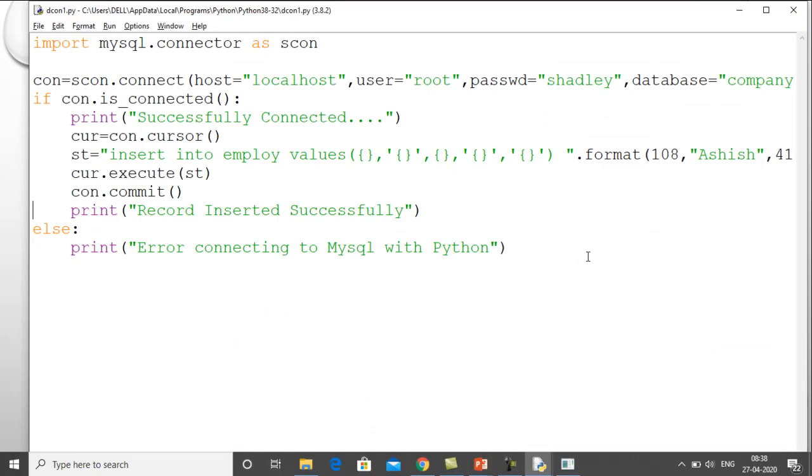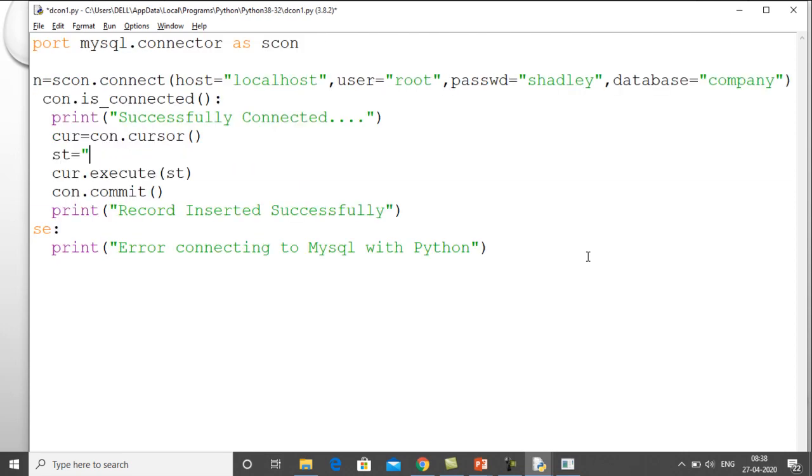So obviously we have to change this command pattern only. So we'll delete everything. Now update employee set salary is equal to salary plus curly brackets, where department is equal to single quotes, and within the single quotes we put the curly brackets. So now this is the end of my update command.